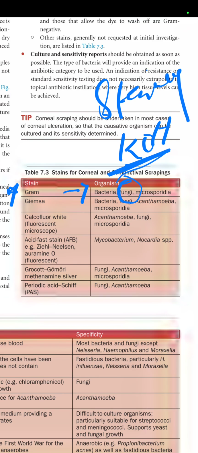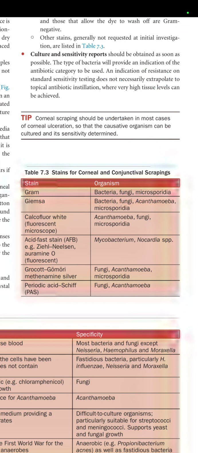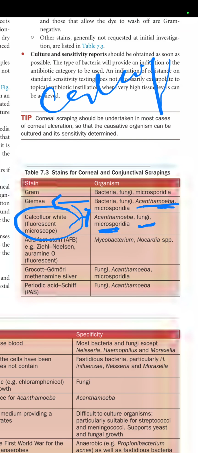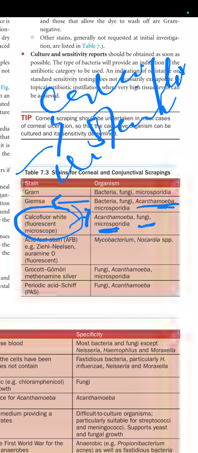to determine the fungi. Then there is Giemsa staining. Giemsa staining is used for bacteria, fungi, and Acanthamoeba. Acanthamoeba is important for the Giemsa staining. Then there is calcofluor white that is also very important for the Acanthamoeba, and it can also determine the fungi and microsporidia. So basically, calcofluor white is a stain that is used to stain the Acanthamoeba, and after that, under fluorescent light,